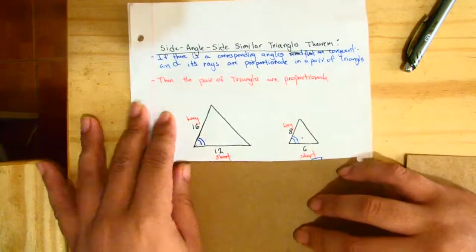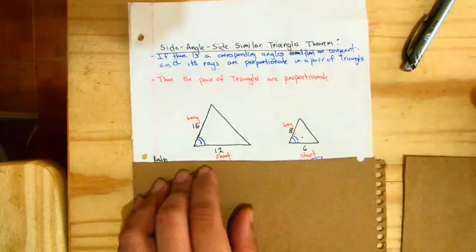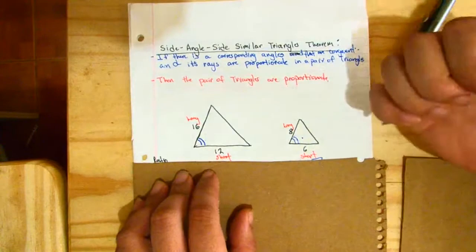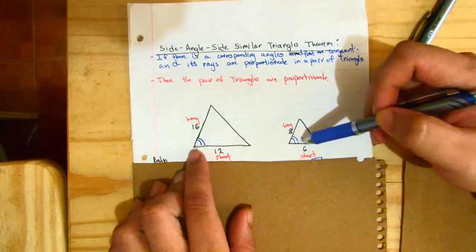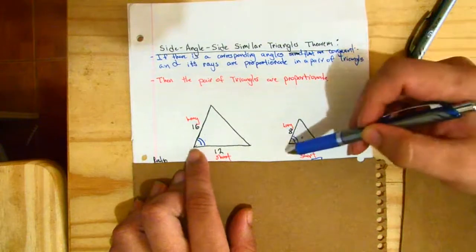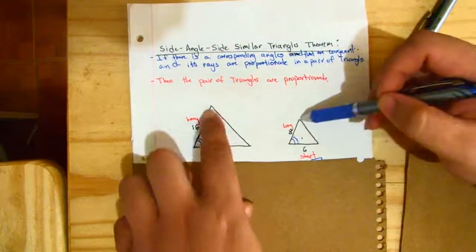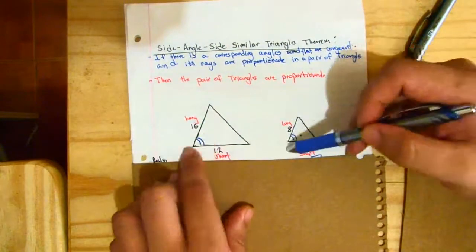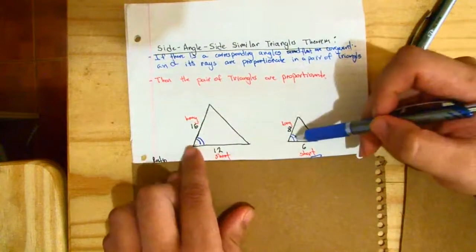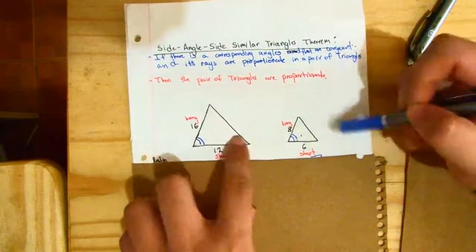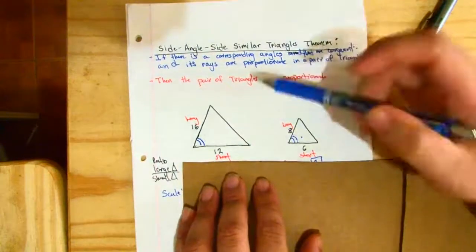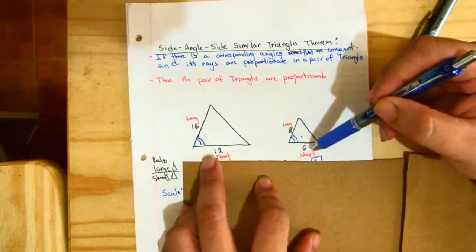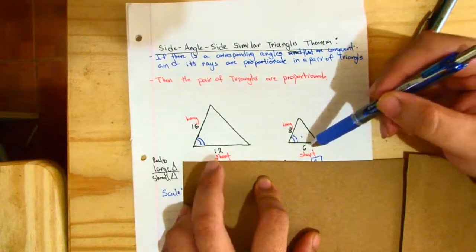So here we're given two triangles with a corresponding congruent angle, and here are the connecting rays. The short leg and the long leg are connecting to this congruent angle. And here we're just going to determine if the short leg is going to be